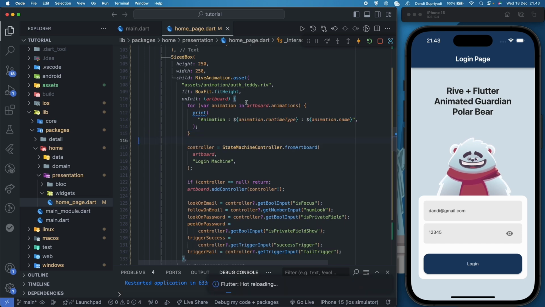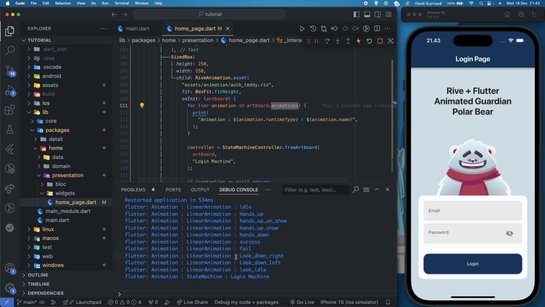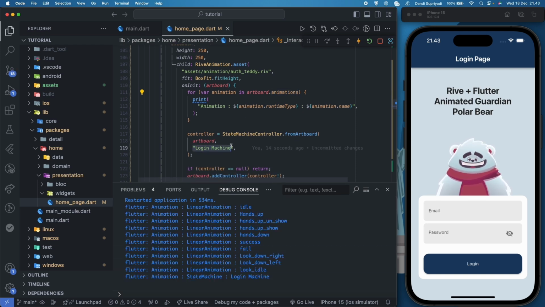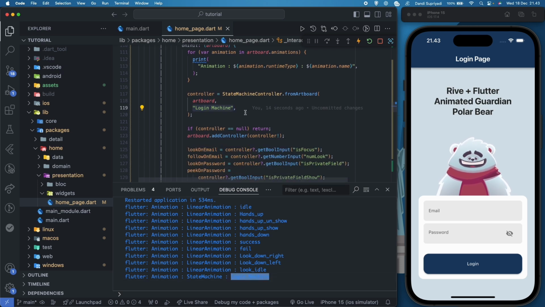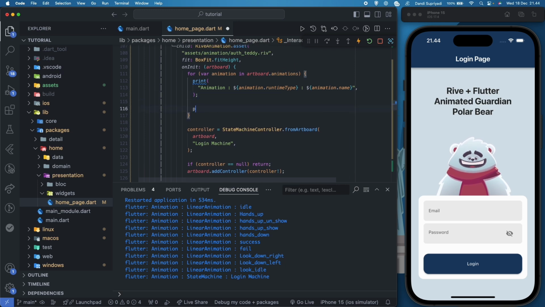For example, if I print the artboard animations, you can have your state machine in here. So this value needs to be the same as this one. And if you want to see the input, you can also print it like this one.